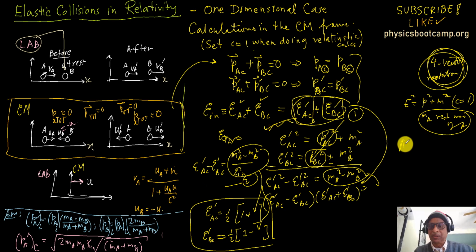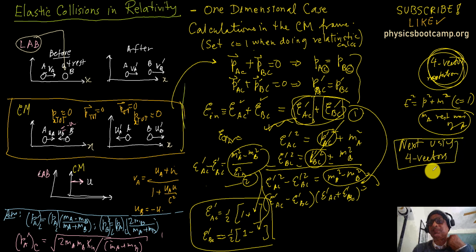Next we're going to talk about doing these things using 4-vectors. And for some of you it may be a little bit more mathematical, but that's the price of physics: because you want to do something more simply, you have to use a little better mathematics that's more suitable for that kind of concept. Okay, so 4-vectors are more suitable for dealing with calculations in special relativity, and it's better to learn that and master it. Okay, take care.